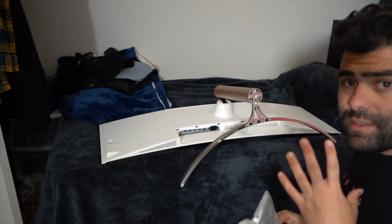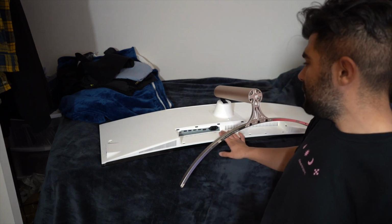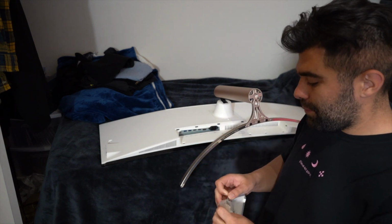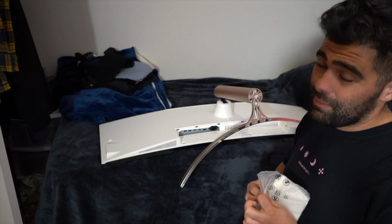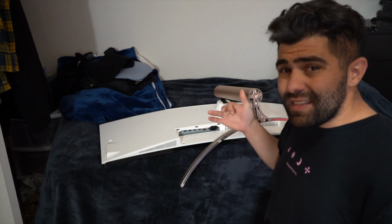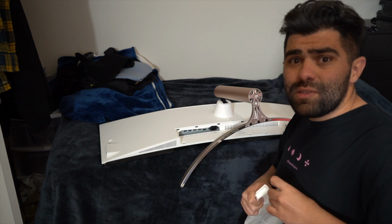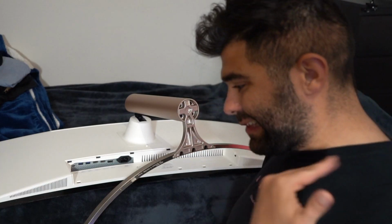Now, because I have the same type of monitor, Alienware Ultrawide, I'll show them to you guys. I'm sure you guys have seen it in my video. Basically, you want to put the cables before you put the cover on, because if you don't, you might break the cover trying to put the cables in and you have to take them out every time in order to put new cables in. So the power one is for sure. Any other cable, do it before you put the cover on. Especially on a monitor of this size, you have to do it before you put the cover on. You gotta move your whole room setup in order to take off the cover on that. If I have a messy desk like mine,